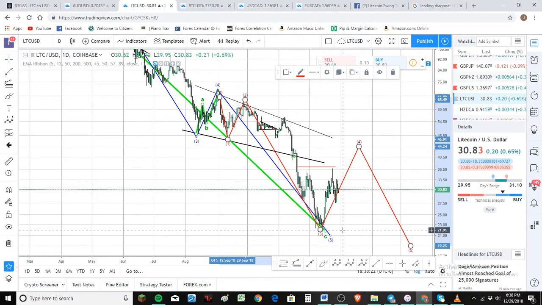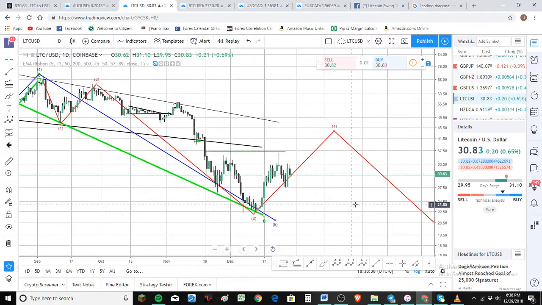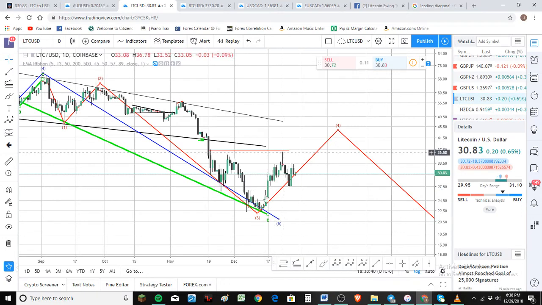Regardless, here's what we're looking at. Remember I've said in previous videos, an ABC is the same as a 1, 2, 3. So whether this is an ABC or a 1, 2, 3, that's what we're looking at. This right here is not an ABC. So the question is, is this right here an ABC? And it's just not. It's an impulse wave. So that tells me we've got to have a B and a C coming. Everybody's looking for more down, more down, more down, but we're just not going to get it. This is going to be A, this is B, and this is C, or this is 1, this is 2, and this is 3. Now the question is, how far down are we going to go before we go up?